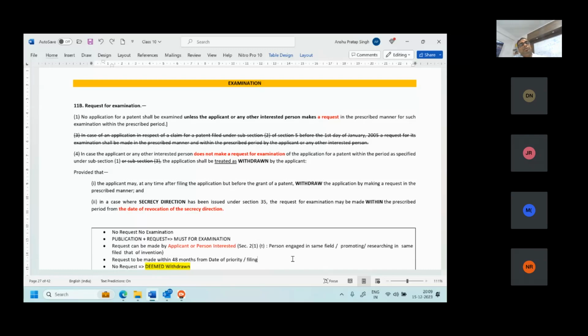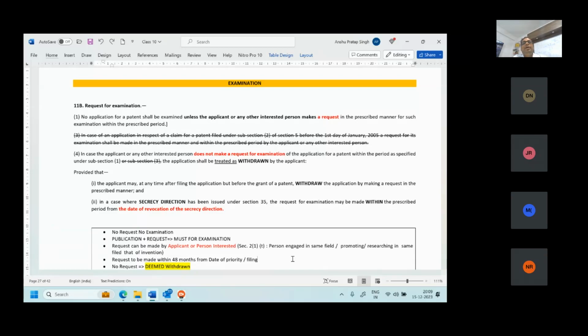So once it is published, then there can be an examination. Since you have already done it, immediately after publication, we will go for examination. We are saying 18 months. After 18 months, within 1 month, it will be published. So after publication, we have 6 months for not examining; within 6 months, it will not be granted.